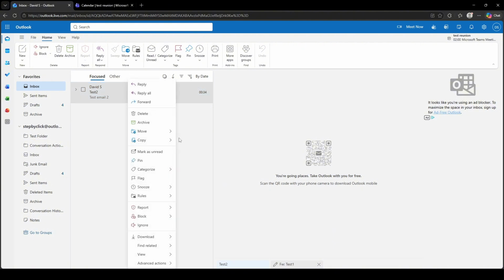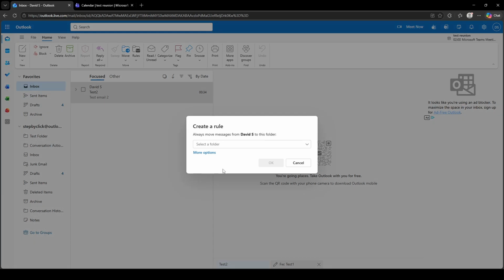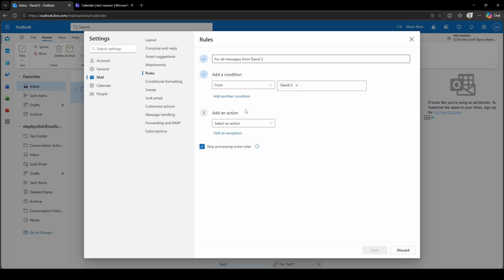Select Rules, then Create Rule from the drop-down menu. A window will appear where you can set your conditions. For example, choose From to target emails from a specific sender, or Subject Contains to target emails with certain words in the subject line. Under the Do the Following section, check Move the item to folder and select your destination